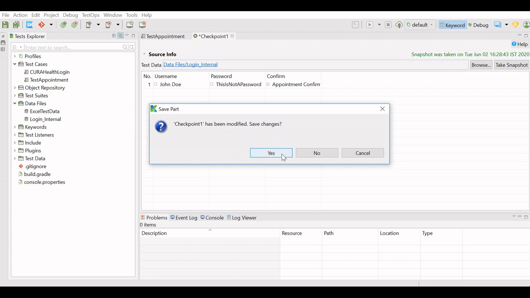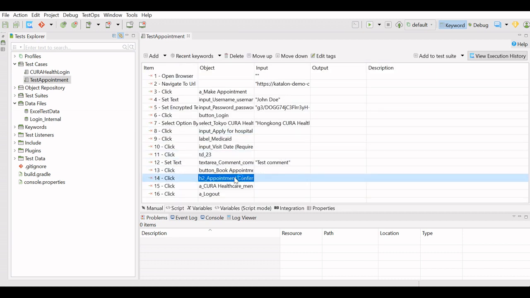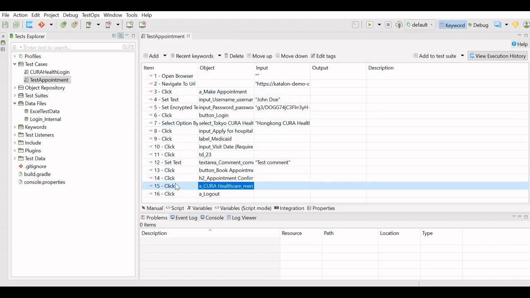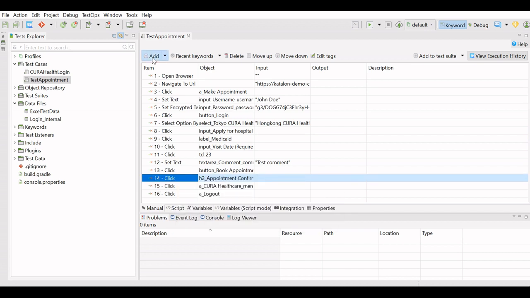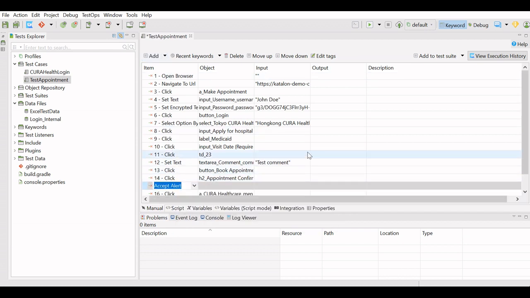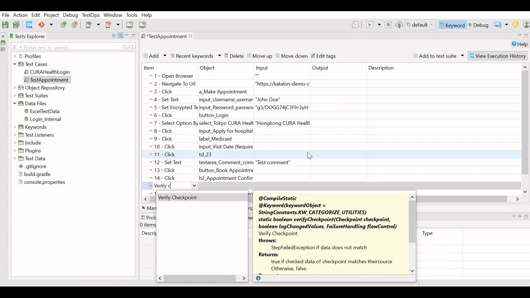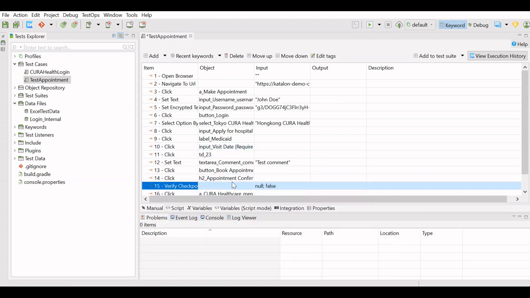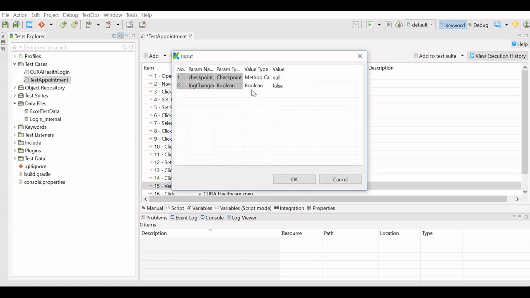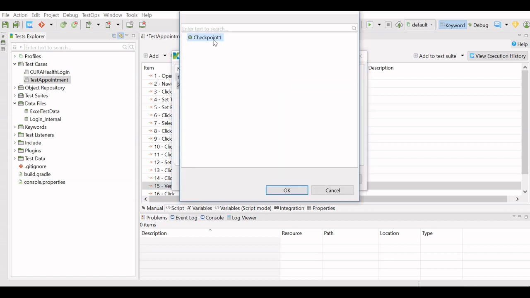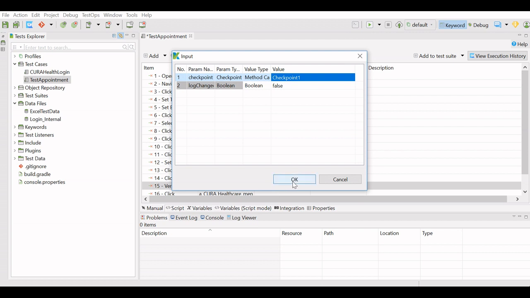Close this checkpoint. Apart from this, I will add one keyword over here, that is verify checkpoint, and I will select the checkpoint over here. The rest I will keep as it is.